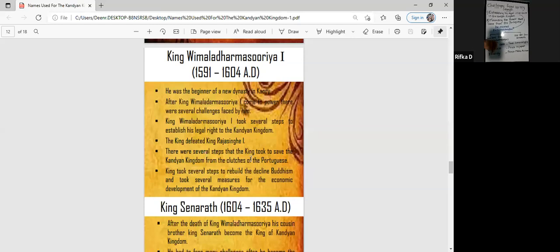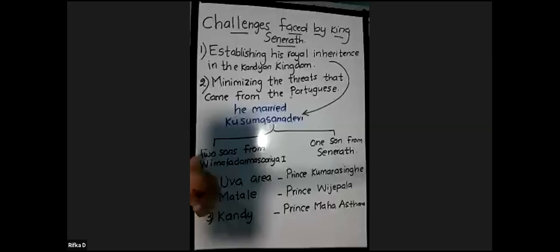So here we studied that he had to face many challenges, right? He rendered many services for the betterment of Buddhism. Also, he was one of the prominent kings of the Kandyan kingdom. So up to that we have studied in our previous session, my dear children. Right? Okay, so today I'm going to start